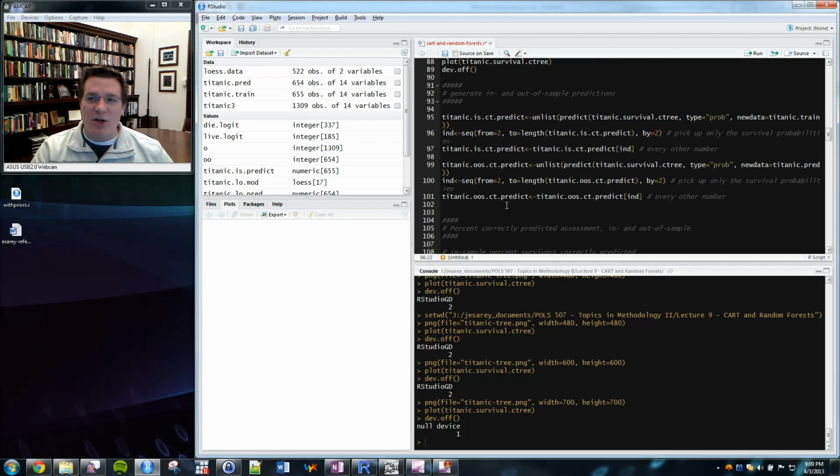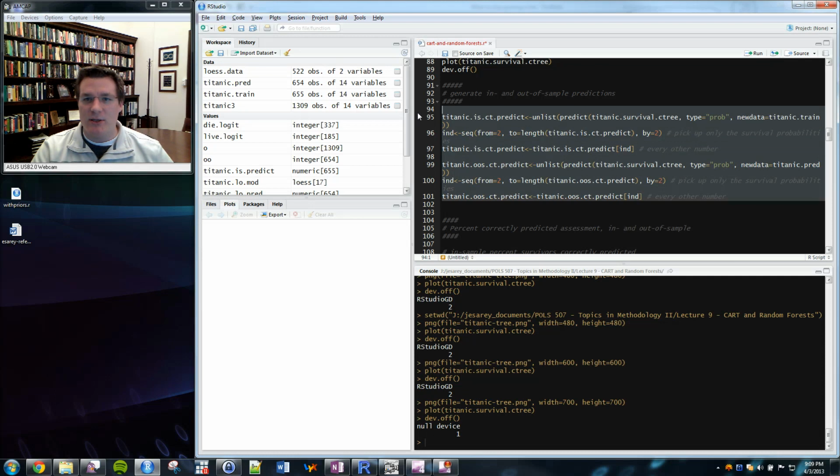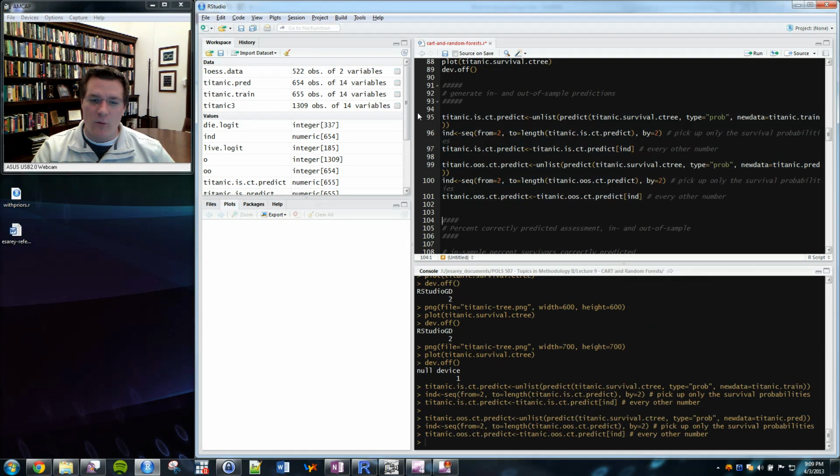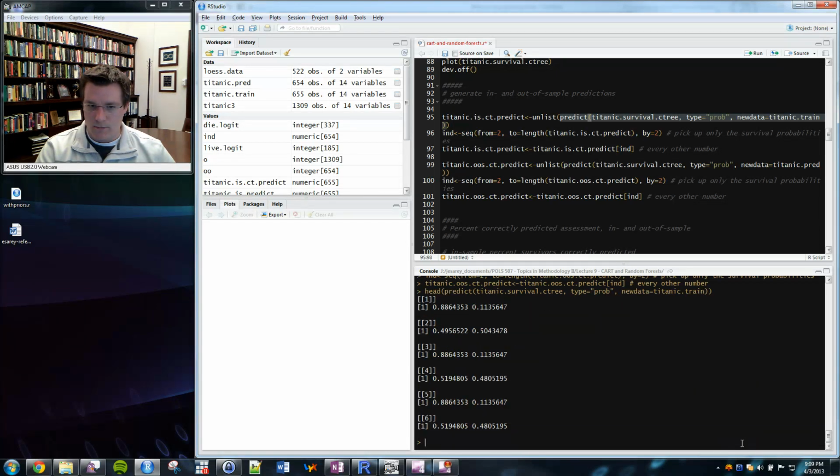We can generate in and out of sample predictions for these models using the predict command. And if you do the predict command, let me see if I can just show you what this looks like here. If you just do the predict command on the survival tree, and I'm going to just show you the head of this matrix. You can see what it does is it actually gives you, for each observation, the probability of being in each